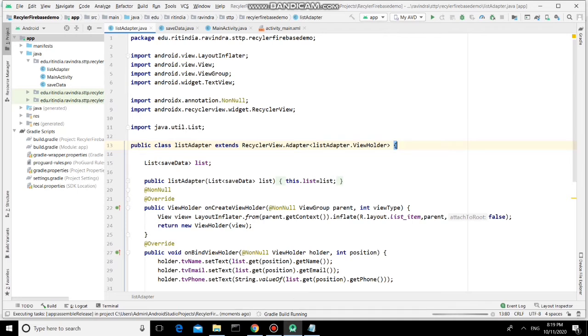Based on your folder size or the APK size, it will take time. Right now this is a simple project I have created here. Getting? So it will not take much time, but if you have a big application, it will take more time to generate the signed APK.